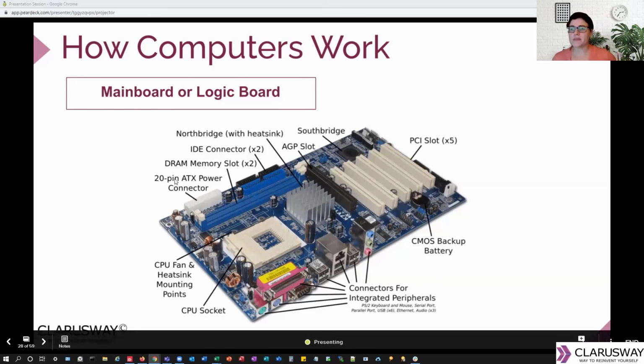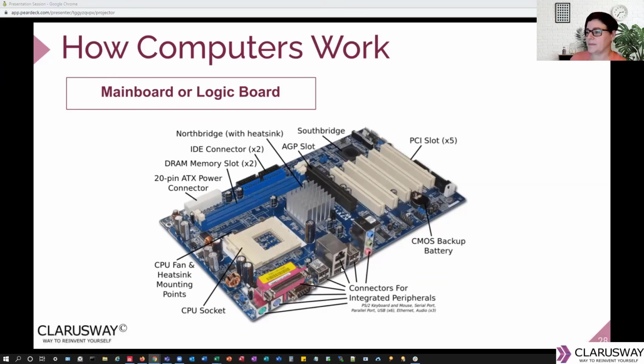So here it talks about 20-pin. Obviously that plug is going to have 20 pins, whereas a USB essentially does not use pins that are visible, but it does have a key so that you can only put it in the slot one way. Some older